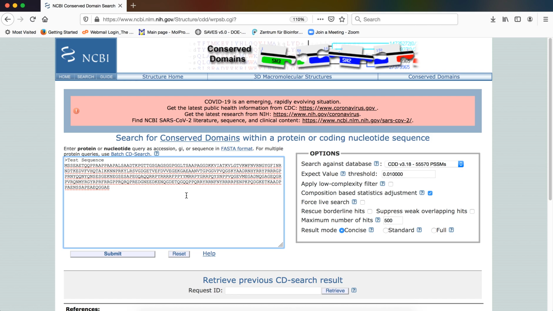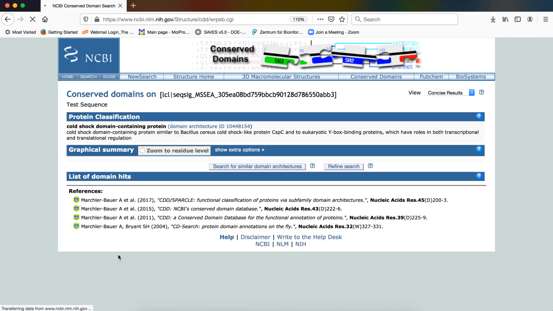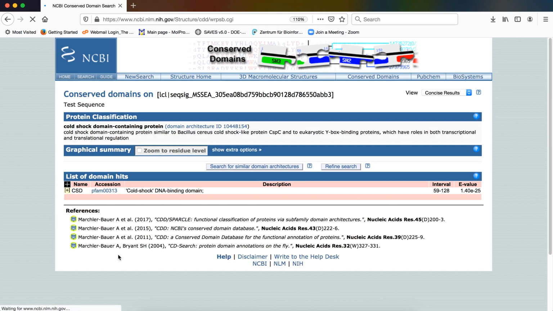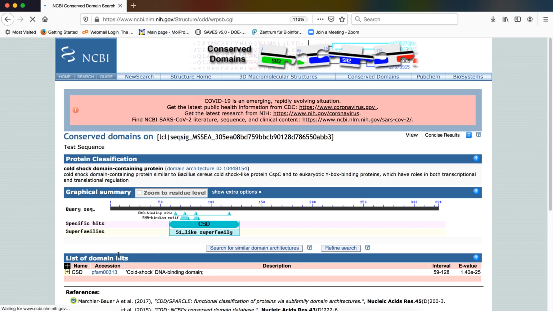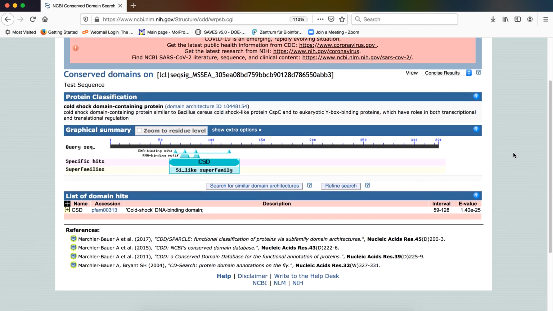So we have submitted a FASTA sequence for analysis, and now let us click on submit. It will take a bit of time since it is querying against the existing database, and this is the result that we get as a result of the analysis.